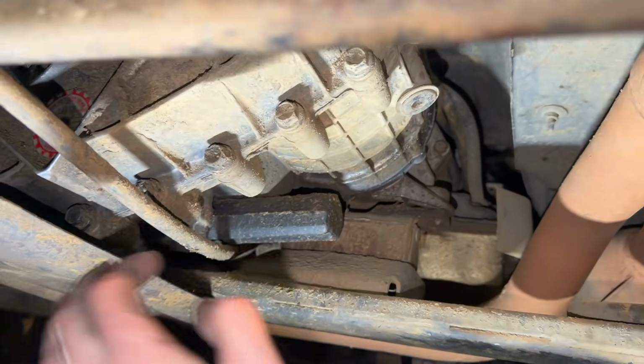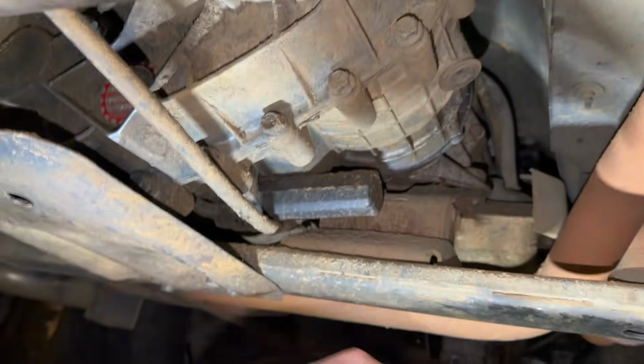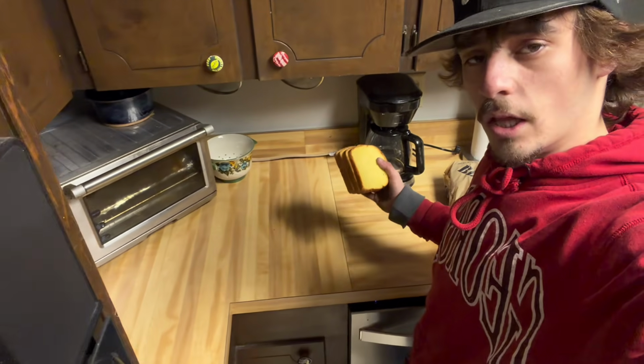But then I'll get those taken off. Then there's a couple of bolts up there, a couple of sensors, and then this thing will be out. Well, fellas and fellahettes,